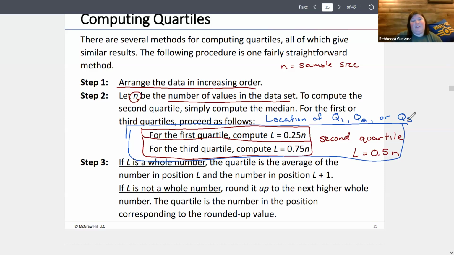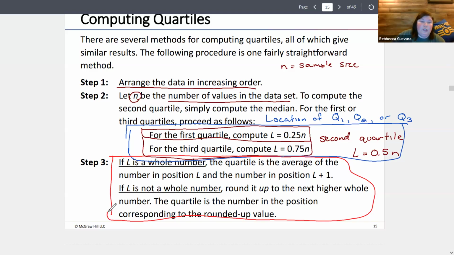So it just all depends if you're looking for your first, second, or third. If you're going to multiply your n by 0.25, by 0.5, or 0.75. So what's important is after you do that, two things could possibly happen. You're trying to still find that location. So you could end up finding your 25%, your 75%, your 50% of the way into the data and get a